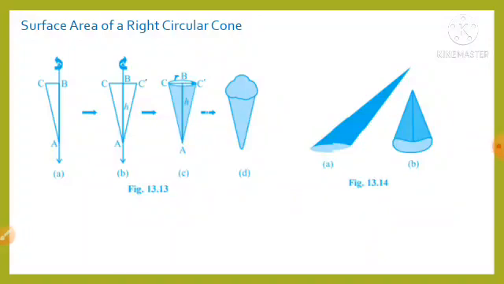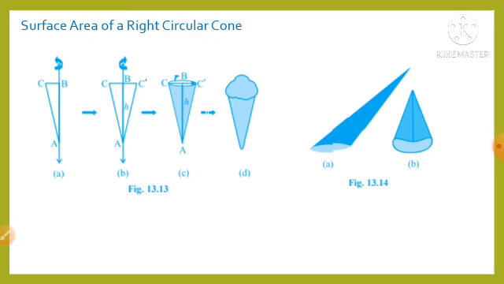Today is the second part of surface area and volume. Already in part 1, we have learned about solids that are cube, cuboid and cylinders. Now in this lesson we will learn about right circular cone, sphere and their volumes. So far, we have been generating solids by stacking up congruent figures.